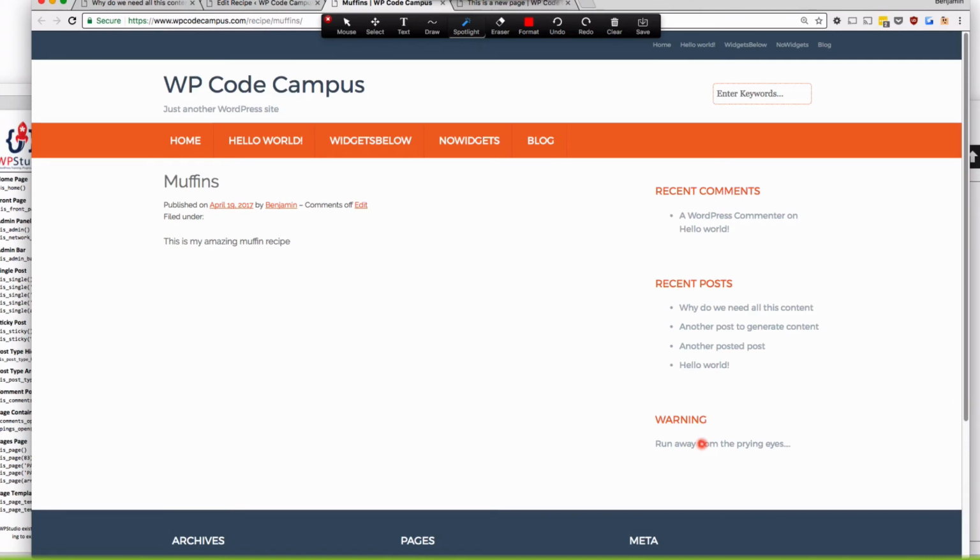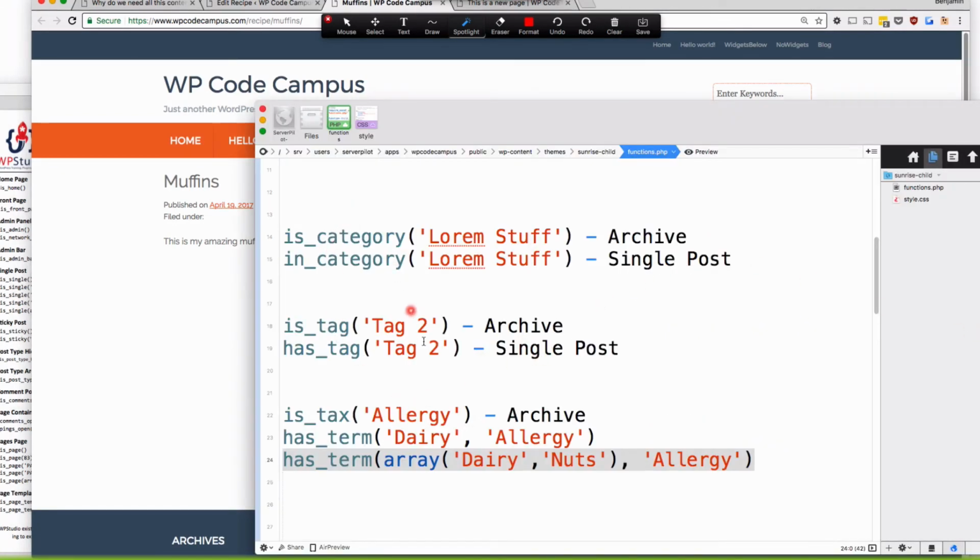All right, so hopefully you can start to see where this terminology comes in, and we can begin to think ahead for our clients. Only show a banner that says, warning, this recipe contains nut allergies, if one of the allergy things is checked. You might want to say, only show it if it has the nuts allergy, because normally the dairy allergy and the gluten allergy,